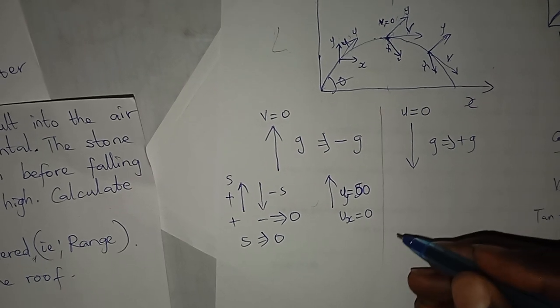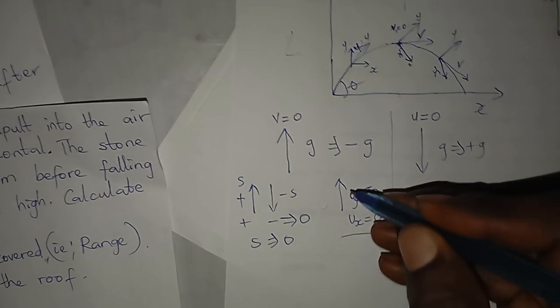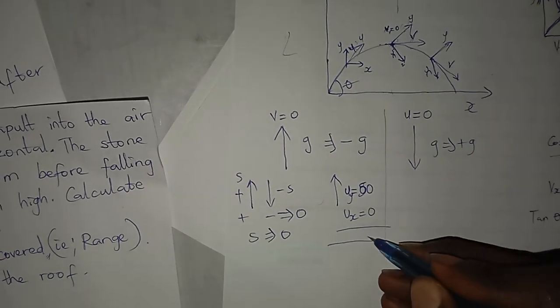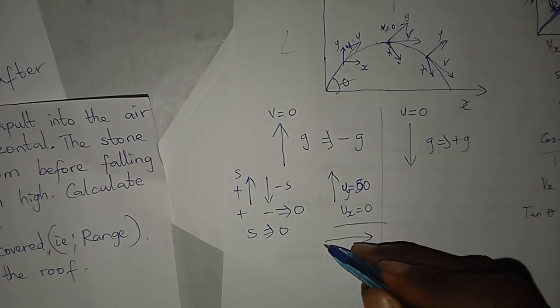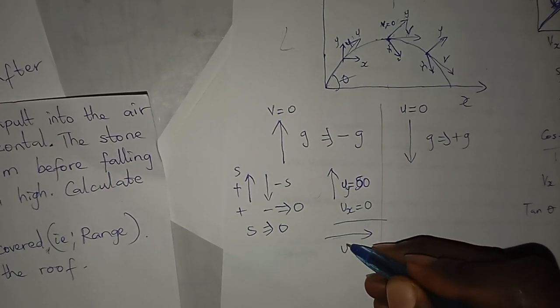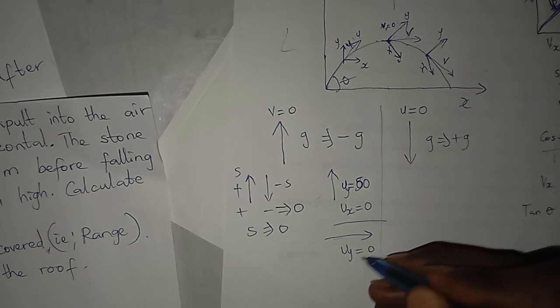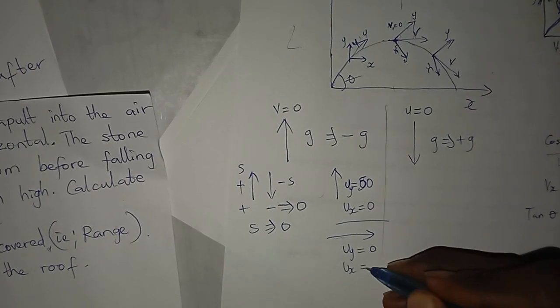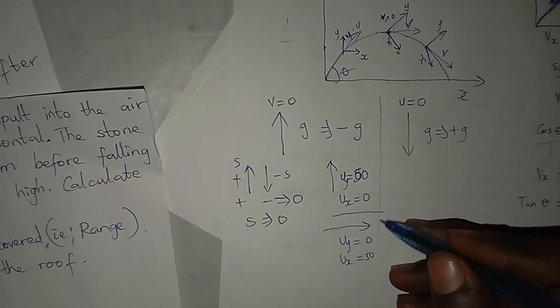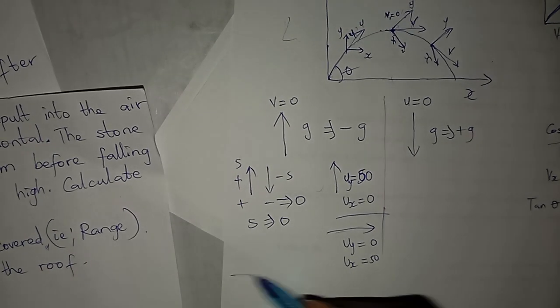And if I hear that something is projected horizontally, that means that uy will be 0. There will be no initial velocity there. But ux will be whatever velocity I'm giving, let's say 50. So now that I know this,